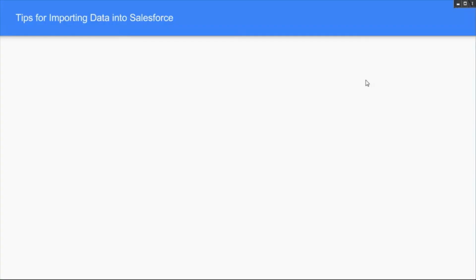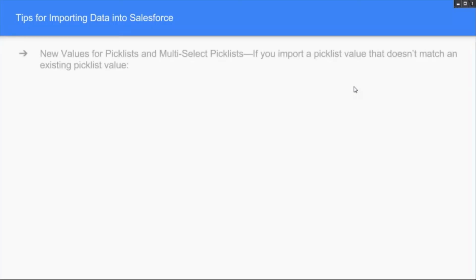Tips for importing data into your Salesforce. While you're actually putting data into Salesforce, how you should prepare a file, and a few quick things there. Certain things are pretty common when creating a file. For a text field, the value for text is simple, whatever value it is, that is there, right?